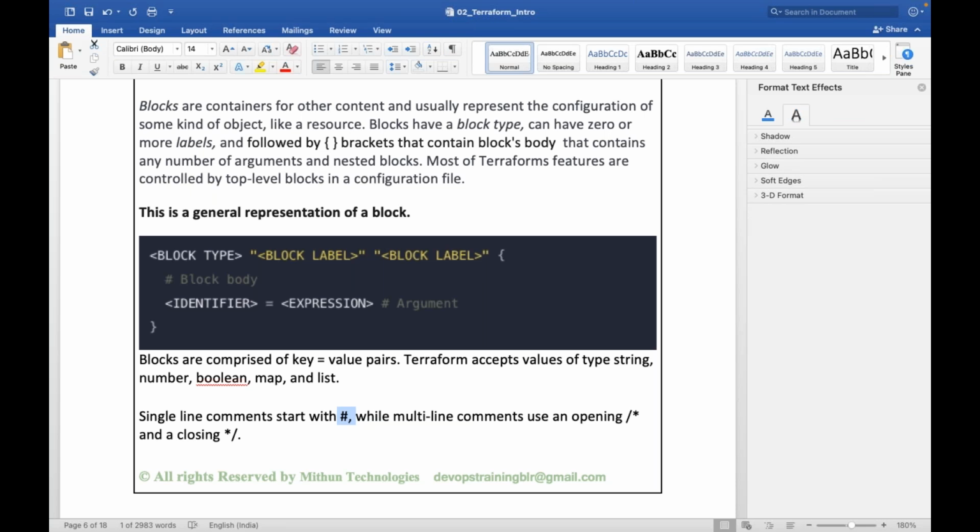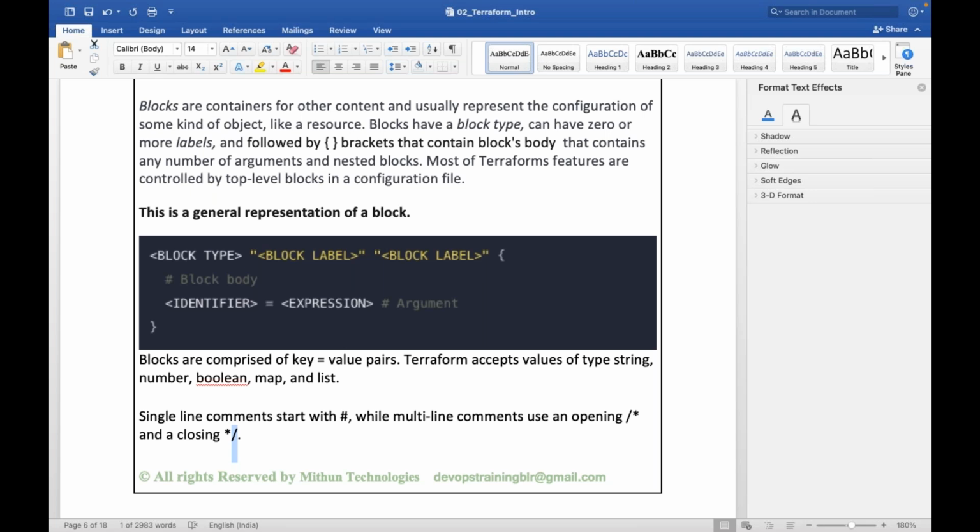While for multi-line comments, use an opening like this and closing like this. This is multi-line comments.